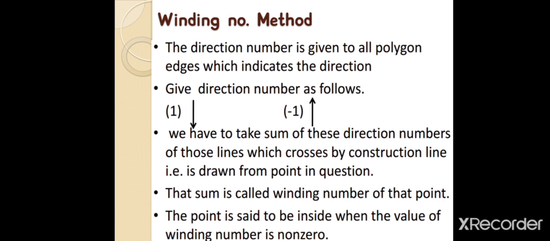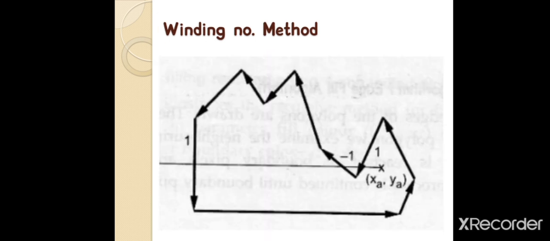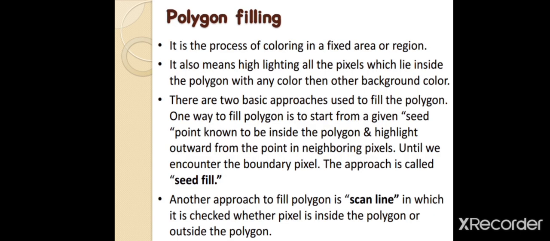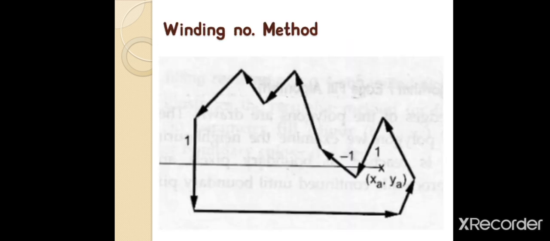If the number is non-zero, then the point is inside. Our answer we are getting as 1. If it is 1, means it is non-zero. If the answer is non-zero, then the point is sure shot inside the given polygon boundary. This is nothing but the winding number method. So it also has special cases which need to be handled like in your even odd method. So let us stop here.